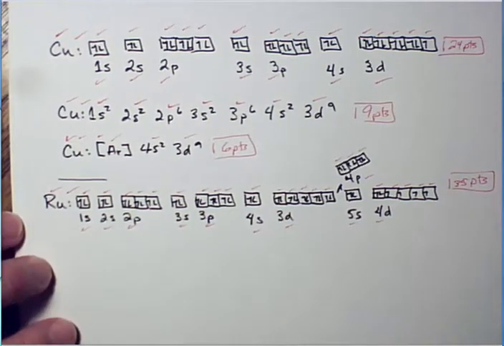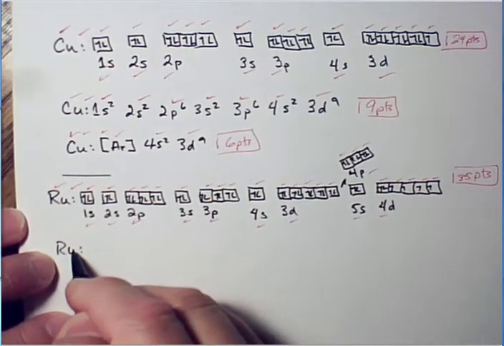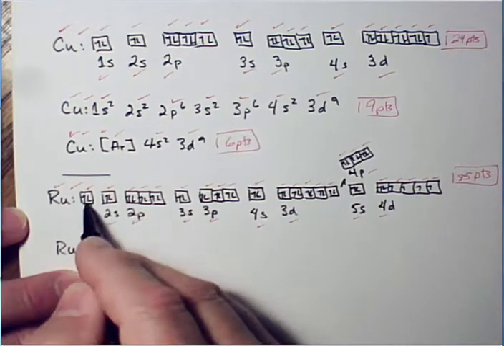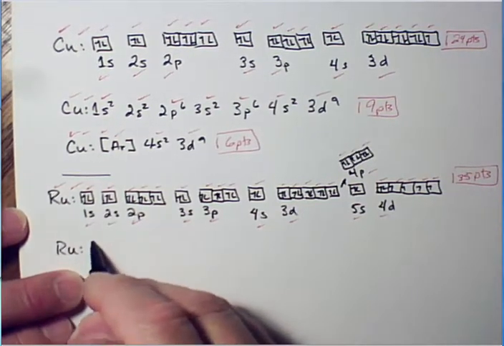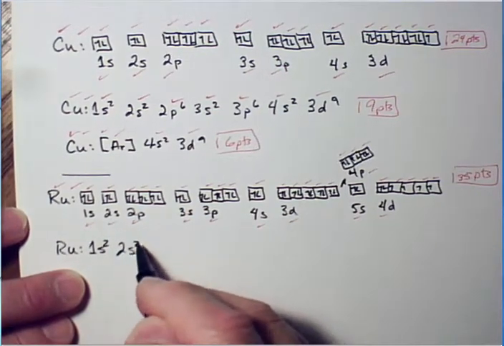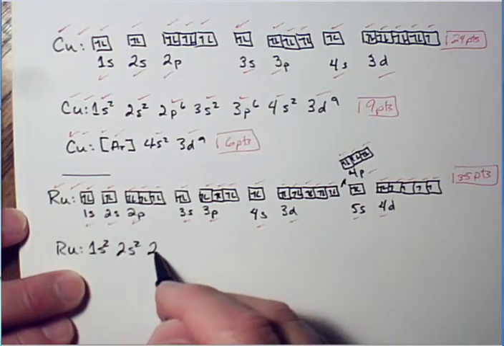All right, then for the electron configuration, element symbol and colon, and we just count the electrons that are in each sublevel. So this is 1s and 2 electrons, so it's 1s superscript 2, 2s superscript 2, 2p superscript 6 for all those electrons, 2p6,